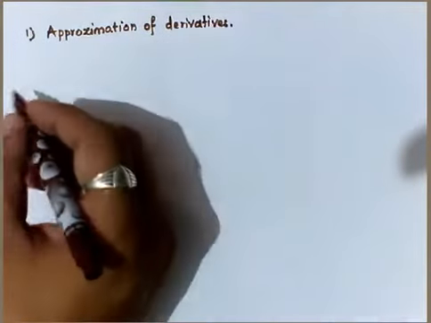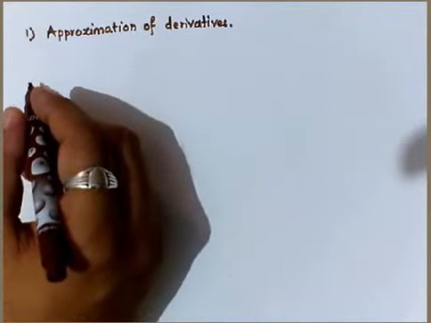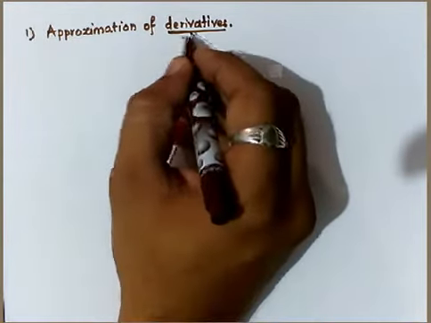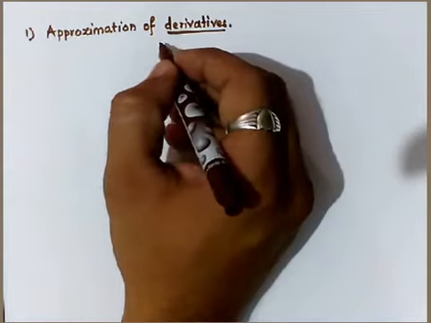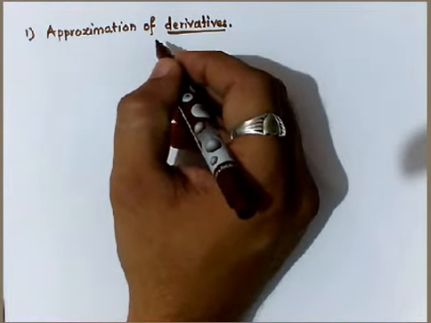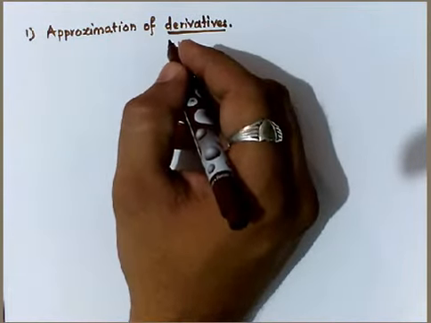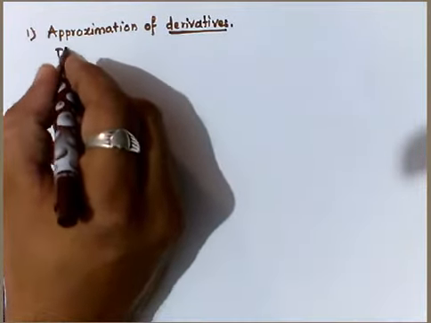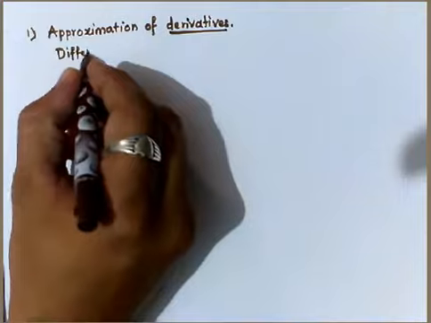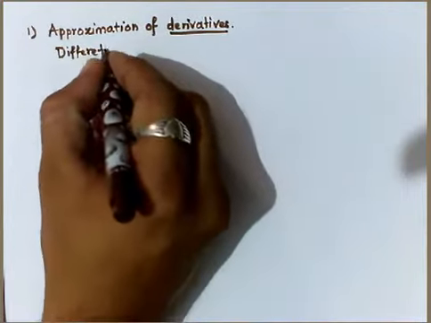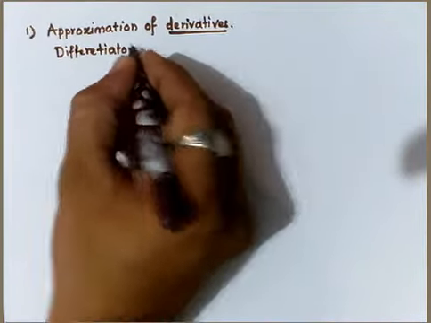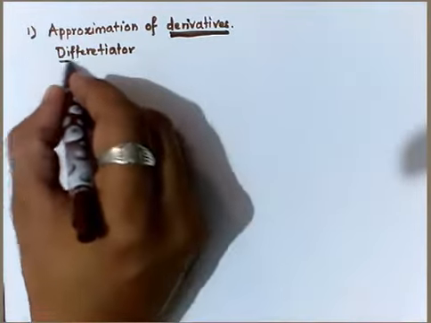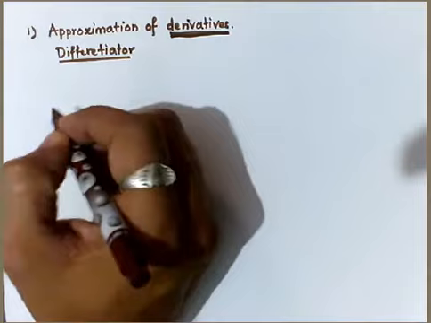So for this first method, as it is mentioned, it is the approximation for the derivatives. To keep the derivative in mind, let's proceed with a simple circuit where the derivative comes into the picture. So we can go with the simple analog differentiator circuit. So why is it preferred? Only because of this, it is approximation of derivatives. So let's proceed with the differentiator.